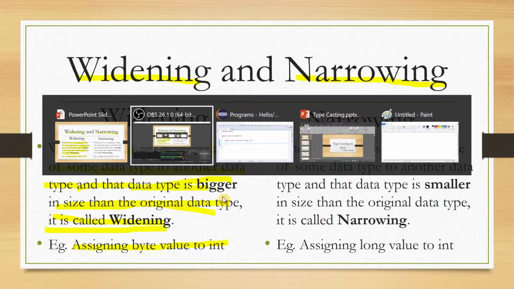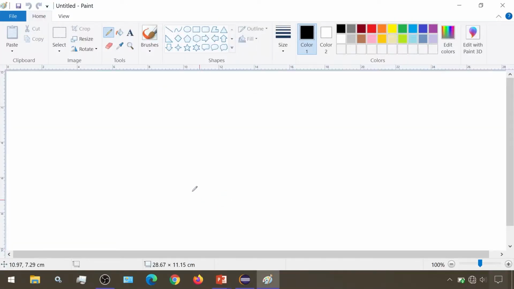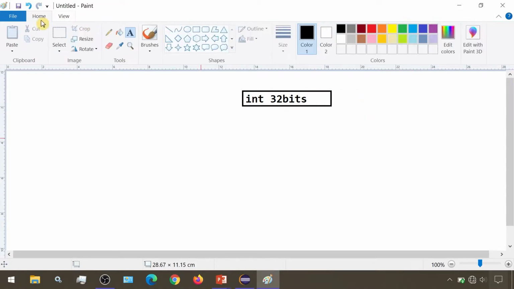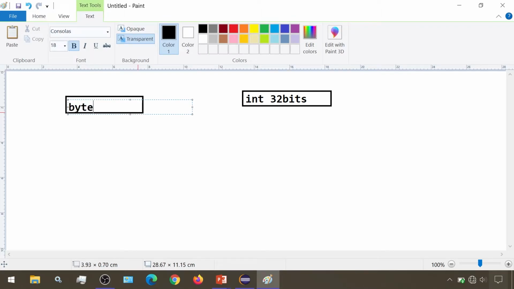So let us understand what happens. As we know, the number of bits in int is 32, so int is 32 bits, and then we have the byte data type, and we know that byte is 8 bits.